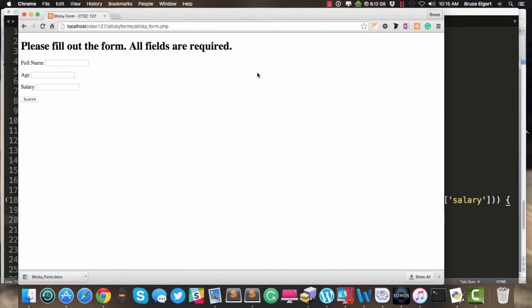Hello everyone, let's take a look at sticky forms, and before we do a code walkthrough, let's take a look at a very simple form. This form has a full name field, an age field, which has to be numeric by the way, and same with salary. So if I do not fill in any of the fields here and I hit submit,